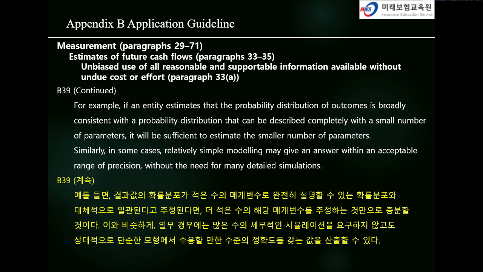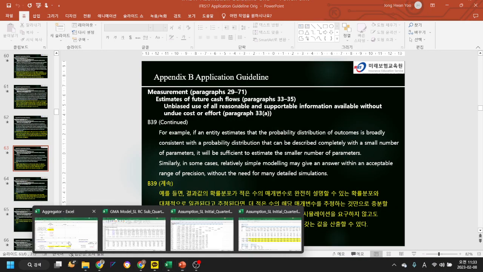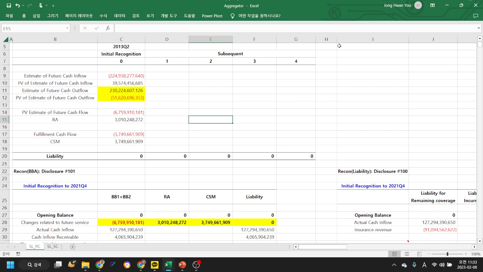And that's what you can do, especially for the life insurance carrier. If you assume the normal distribution, you can just estimate the mu and sigma to come up with the building block one, and also the risk adjustment based on the confidence interval or confidence level that you selected. But anyhow,